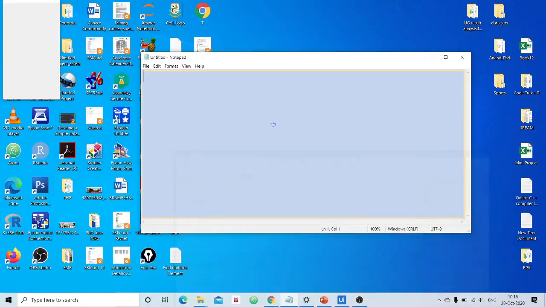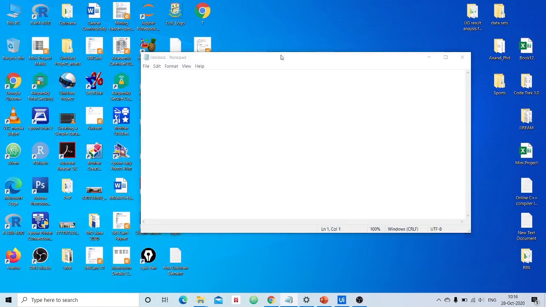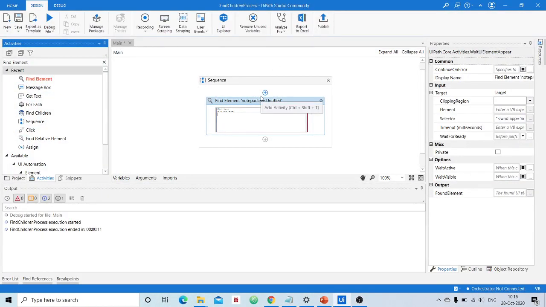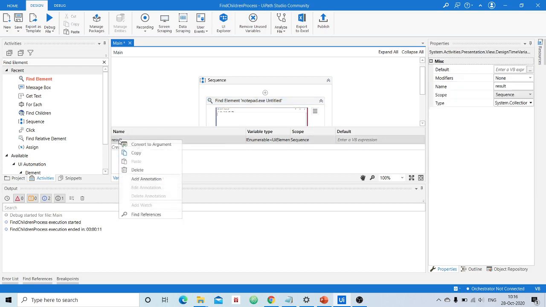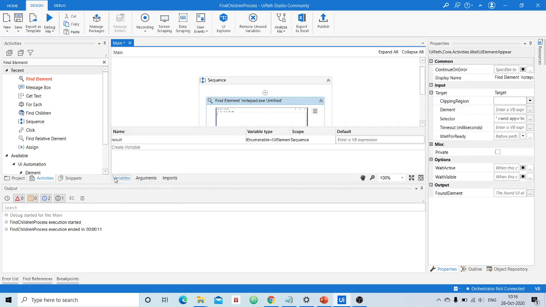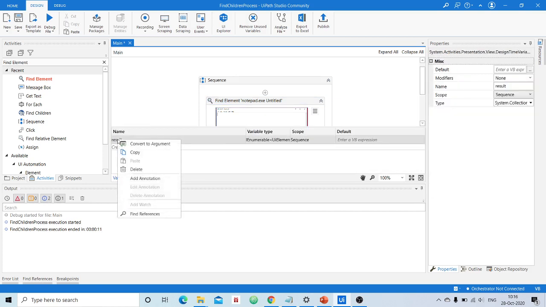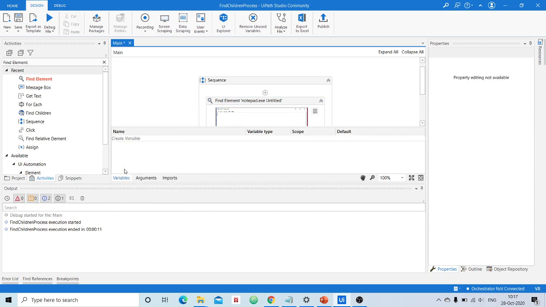I will indicate that using the indicate on screen option. Then I will store that result in a variable. I don't need this result. How to delete a particular variable? Go to the variable panel, select the variable you want to delete, right click on it, then perform the delete operation, and the variable will be deleted.